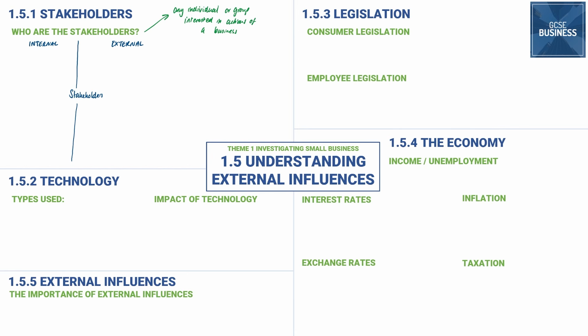We've got three internal stakeholders. An internal stakeholder is a stakeholder who is involved in the day-to-day side of the business. So we've got our majority shareholders here, our owners of the business. They're the people who own the majority of the shares. They are probably going to have a lot of control over what the business does. So naturally, they're going to be involved in the day-to-day running of the business.